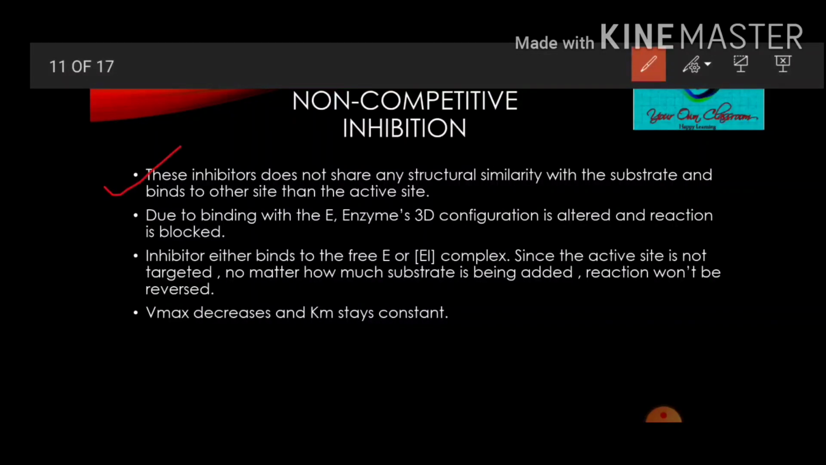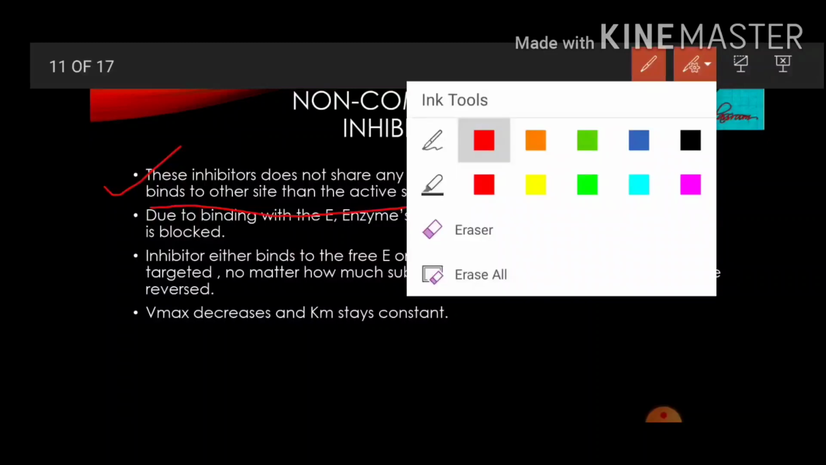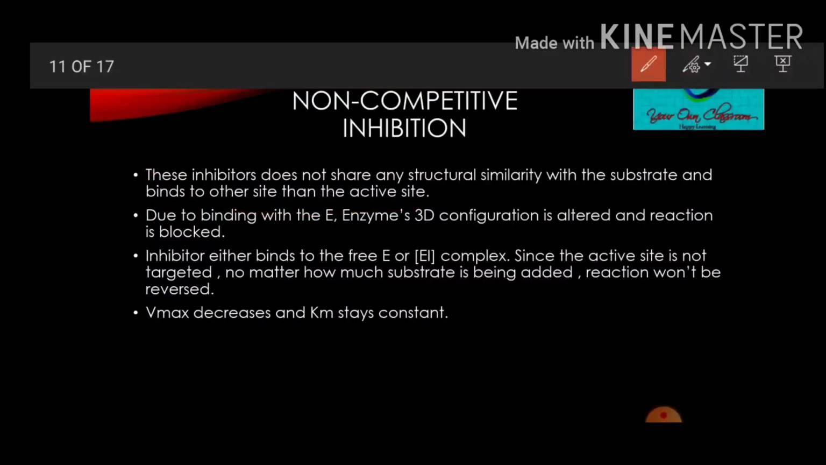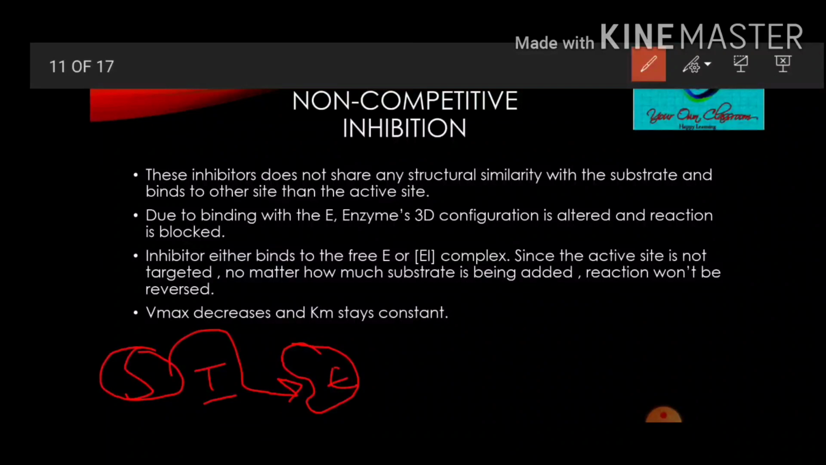Non-competitive inhibition. First, let's look at what non-competitive inhibitors are. These inhibitors do not share any structural similarity with the substrate and bind to a site other than the active site. Suppose this is an enzyme, this is an inhibitor, and this is a substrate. The substrate would bind to the active site of the enzyme, while this inhibitor will bind to some other site